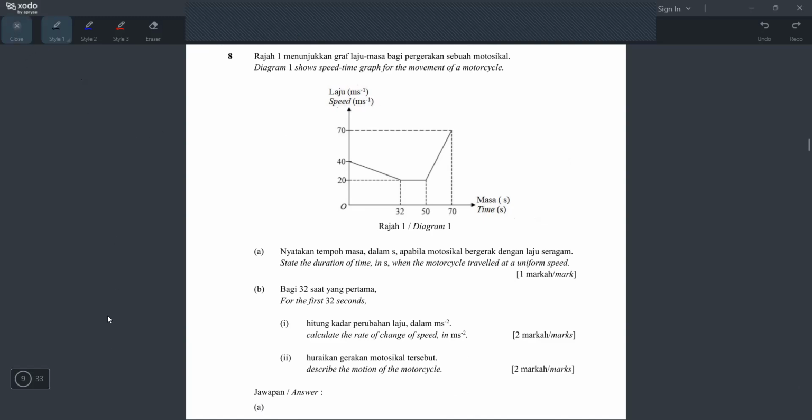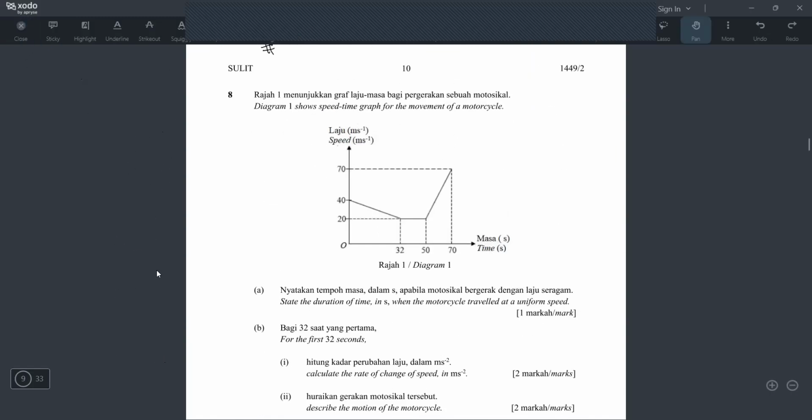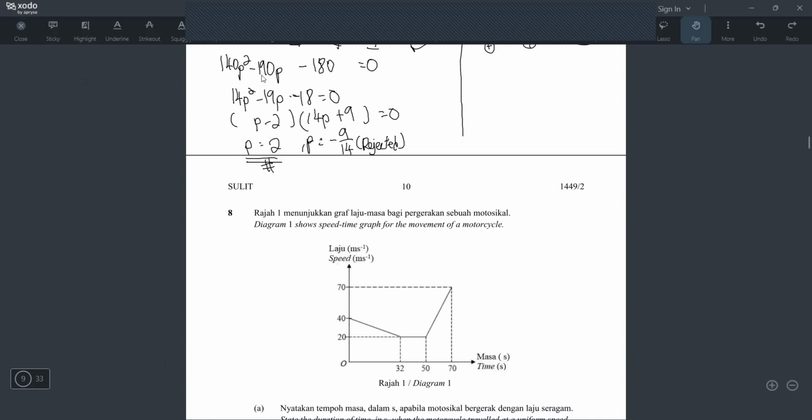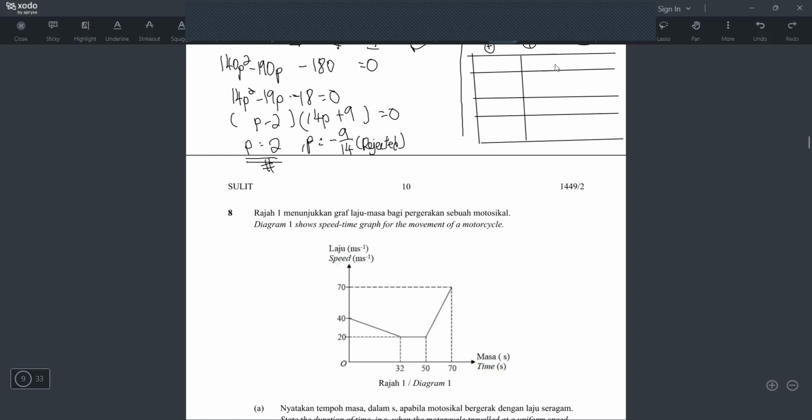Okay, graph of motion. Before I even start reading the question, I want to do something else. I want to explain to you. Can I use this small space here? So what I will do is I will draw a table. And I'm sure if you are my student, you're very familiar with this table because this chapter I teach using table. So I'll draw something like this. This one make it bigger a bit like this, and then this one kecil is enough, and then the line is like this. Okay, this is the table.